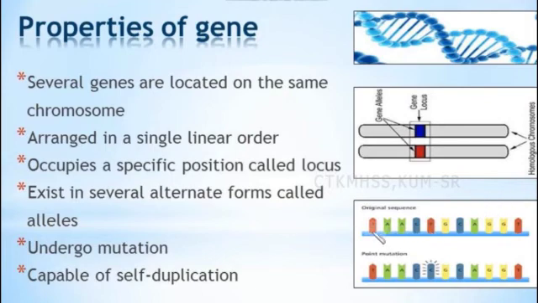So, you can see here, this is the original sequence: thymine, adenine, cytosine, and it goes on like this. Here, if you see, there is a particular change in this sequence. This is called point mutation because a particular point alone has mutated. So, T is mutated into C, thymine is mutated into cytosine. This is called mutation. And it is capable of self duplication, which means it can create a copy of its own. So, these are all the properties of genes.